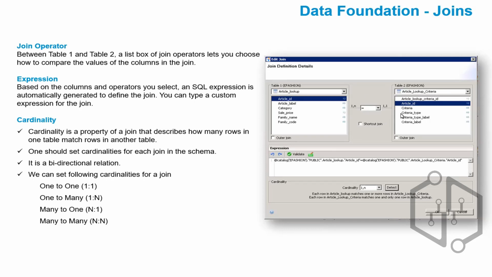So that is a 1 to n join, whether it is n to 1 or 1 to n. Actually, the tool will automatically detect this. If you click on detect, it will show whether it should be 1 to n or n to 1. So that is about cardinality and join. Once we validate it, we click on OK, so that the join between article lookup and article lookup criteria